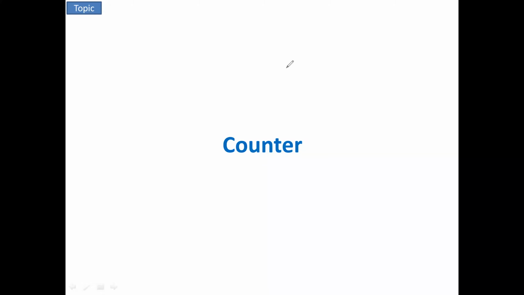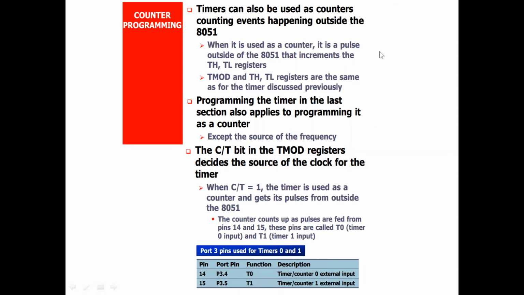So today we will discuss the counter. How is this counter used? What is the main application of counter? In order to find if there is any external event occurring on the 8051, for example, if you are providing some unknown frequency to your controller, this is the frequency you are going to give to the controller.